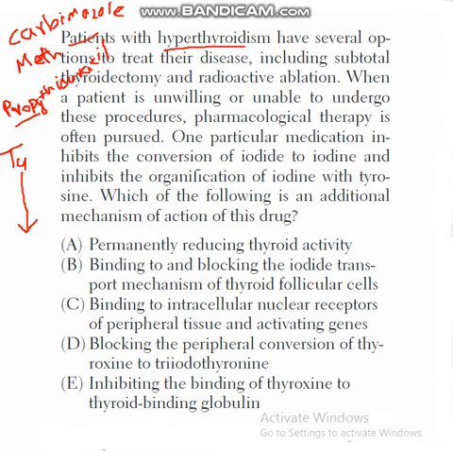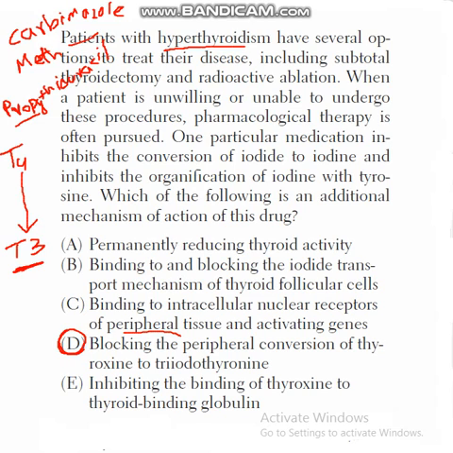Mostly these conversions occur in various tissues such as liver, kidney, and other tissues, and it is a very important indicator for development and metabolism. So let's see the answer. Permanently reducing thyroid activity, binding to and blocking the iodide transport mechanism of the thyroid follicle cell is the central activity. Binding to the intracellular nuclear receptor of the peripheral tissue and activating genes, no. Blocking the peripheral conversion of tyrosine to triiodothyronine, yes,